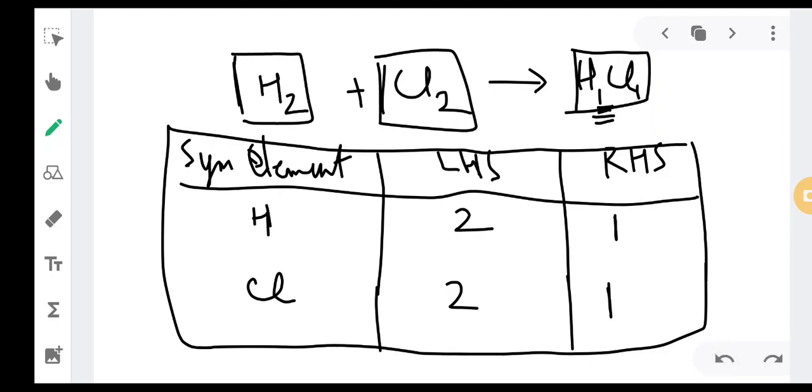So how you will balance it: the thumb rule is to make the smaller number into a bigger number. How can you convert a smaller number to a bigger number? How can you make 1 to 2? By multiplying it by 2. So multiply this with 2, so this becomes 2. So you need to multiply 2 over here for this whole product. So how this reaction will become is H2 plus Cl2 gives you twice